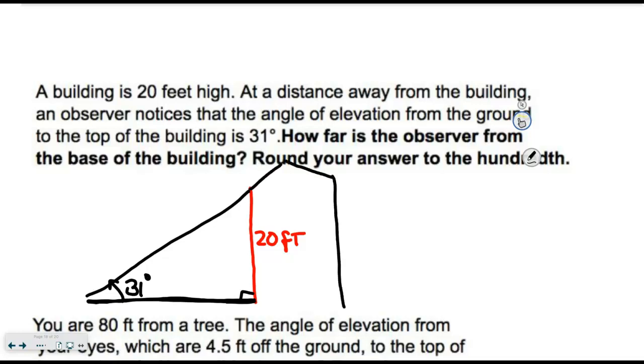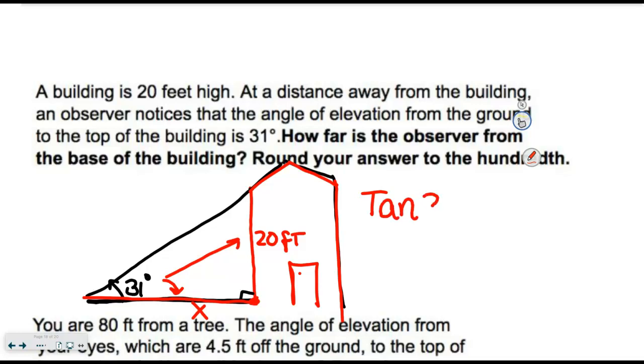Well, here would be the base of my building. My building right here, maybe put a door, right? How far from the base is down here on the ground level? So that would be my X. So again, I have opposite and I have adjacent. So this would be a tangent setup. The tangent of my 31-degree angle is equal to the opposite over the adjacent. We always multiply by what's on the denominator, in this case an X. So when I multiply both sides by X,